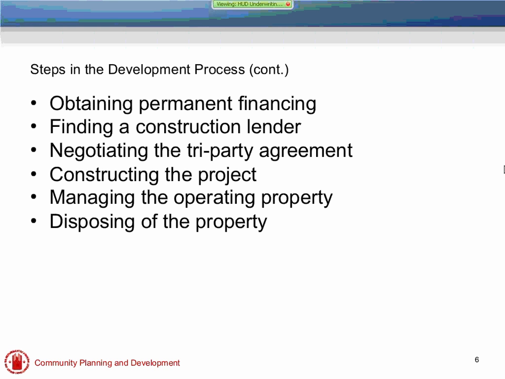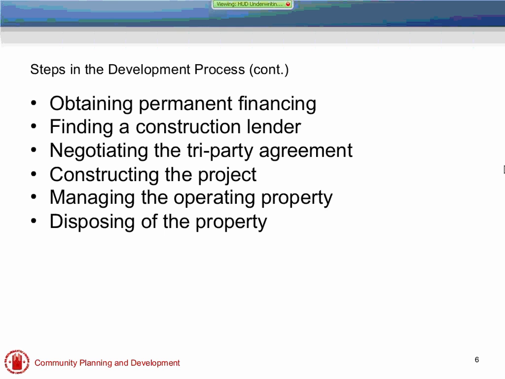And then we have the last step here of disposing of the property. Really, even though this is at the bottom of the list, it's very, very important to look at in the beginning. Ultimately, knowing who's going to own the property in the long term, and if there's any long-term compliance or periods of affordability that you've signed up for to build the affordable housing project. For example, a low-income housing tax credit Section 42 project is going to have very long-term compliance and requirements, periods of affordability that are going to run with the land.